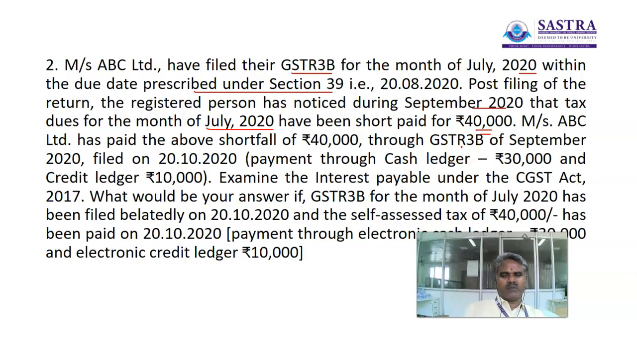ABC Limited has paid the above shortfall of 40,000 to GST in September, filed on 20th. Payment through cash ledger 30,000, and electronic credit ledger 10,000. Examine the interest payable under the GST Act. What would be the answer if GSTR for the month of July 2020 has been filed